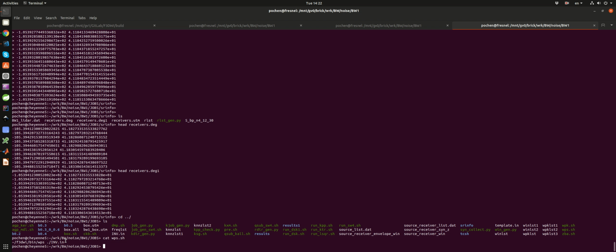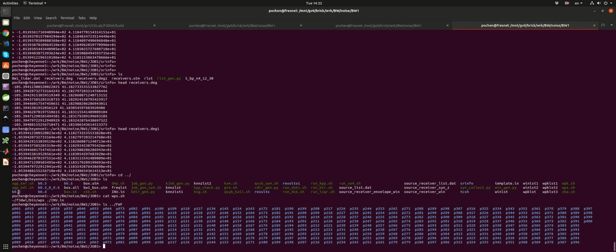So WPS means write point source, right? So it's gonna create all the directories inside of the FWF subdirectory, right? By default, it's gonna just use the line number inside of the source list. So the first line is gonna be named P001. The second line is gonna be named P002, right? And then I have like 400 lines, 400 sources in that receiver.deg file. So I've got like 400 subdirectories. And then inside of each of the directories,